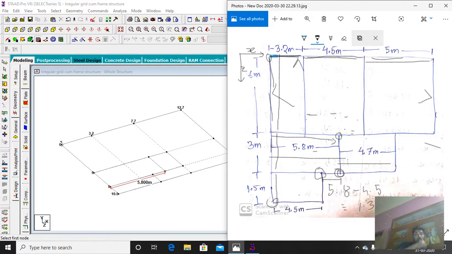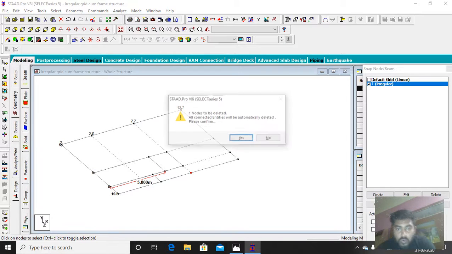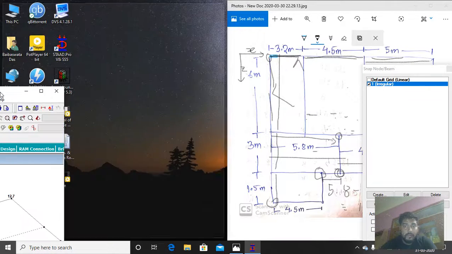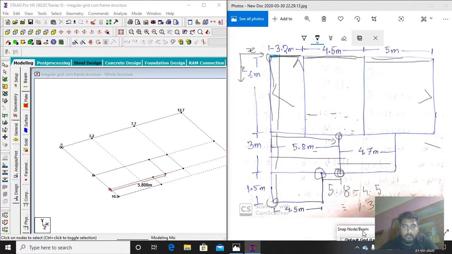Now we will try to create this node. We do not need this node, deleting this node. Okay. Now so 4.7. Now coming to a picture. So from here to here it is 4.7. Now here to here the distance is, if you want to see,